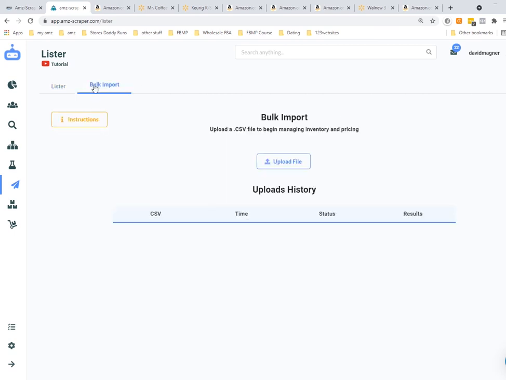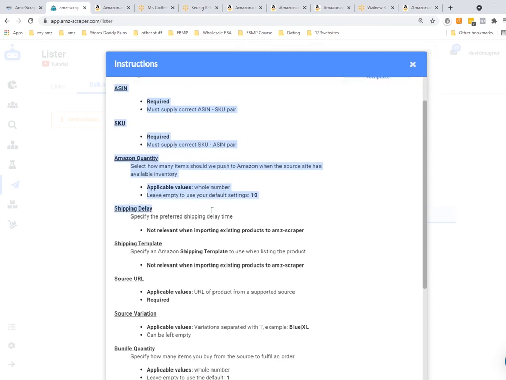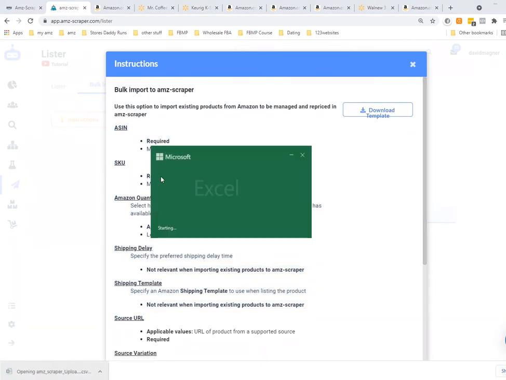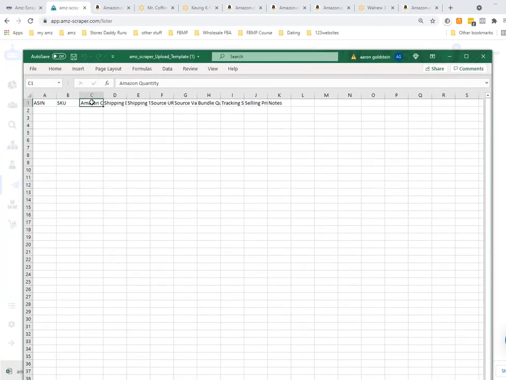Finally, we have the bulk upload, and what you do for the bulk upload is if you have items you want to bulk upload, you go to instructions. You want to download this template right here, and then basically you just follow the template. I'm not going to go over it because it's outlined perfectly here, but we'll just do it real quick. But you'll see there's an ASIN, SKU. There's these different things that